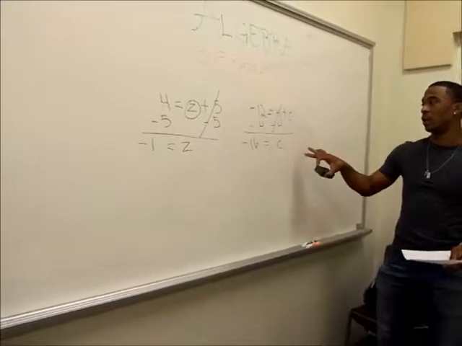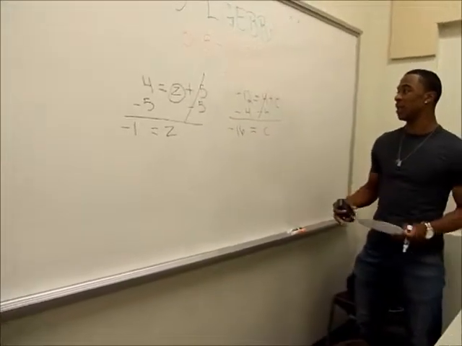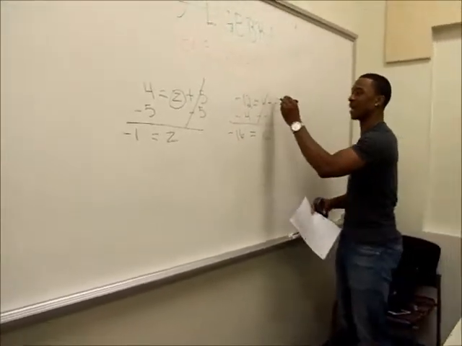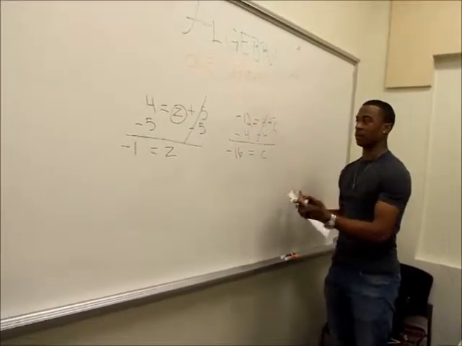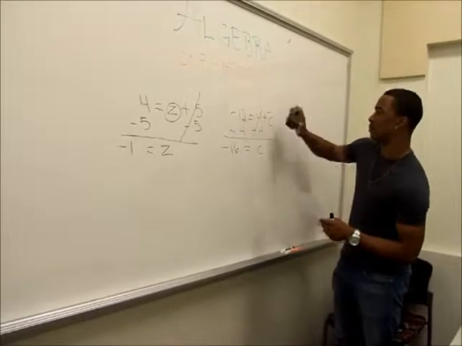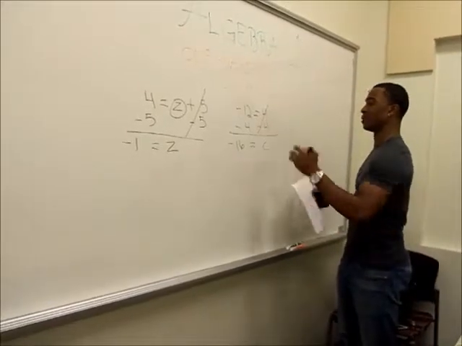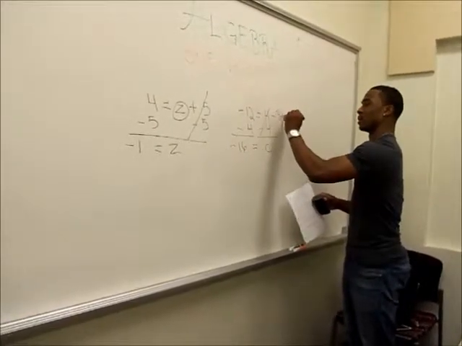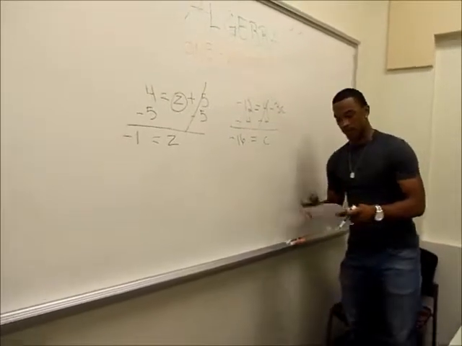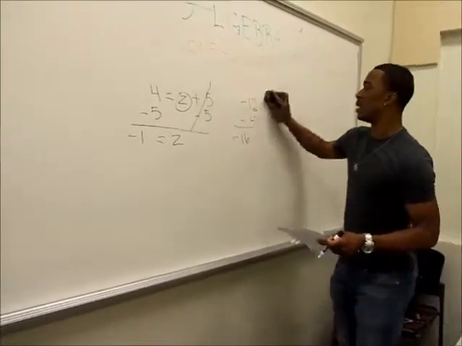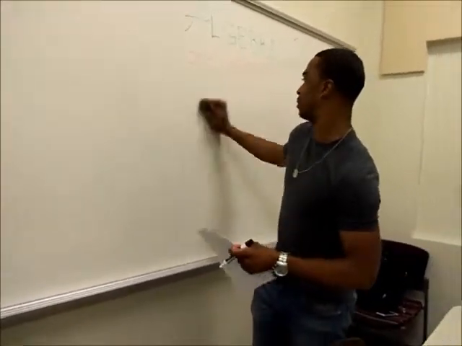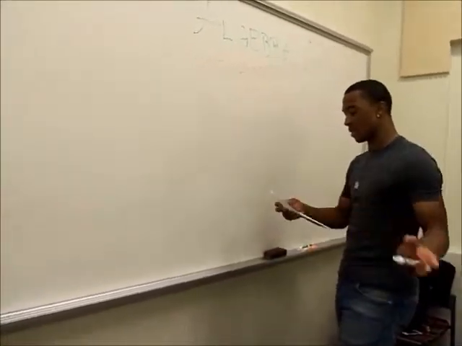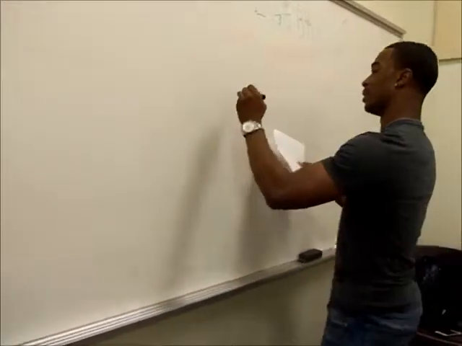Yes, correct. The only time you would change it is if this just happened to be a negative c, or if a number was in front of that variable, like a negative 3c or something like that. And thank you for asking, because that's actually going to be our next step as far as a number being in front of the variable. So our next example we do have is